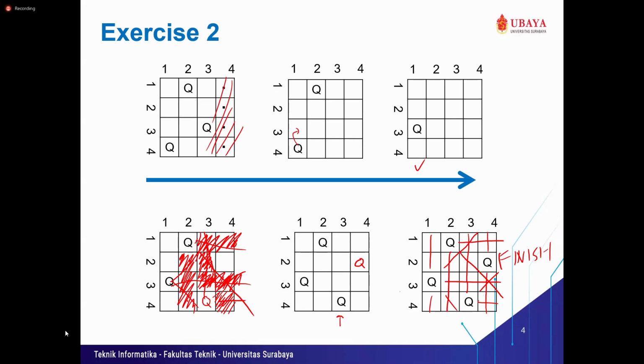So we finally got something which never got blocked by other queens. A formation where we can put 4 queens on the 4-4 table. Any questions for exercise 2? No? Okay.